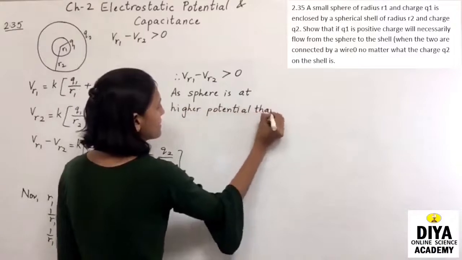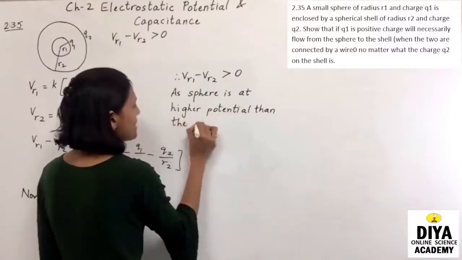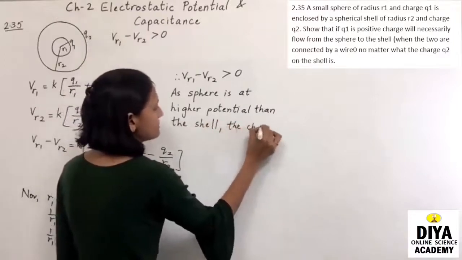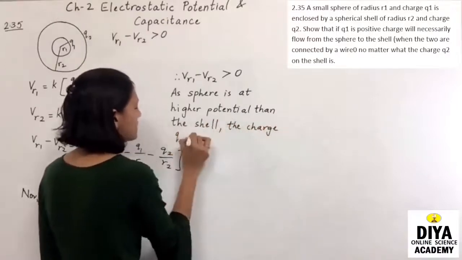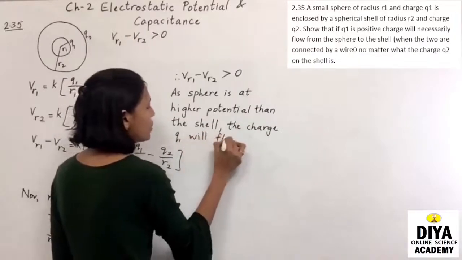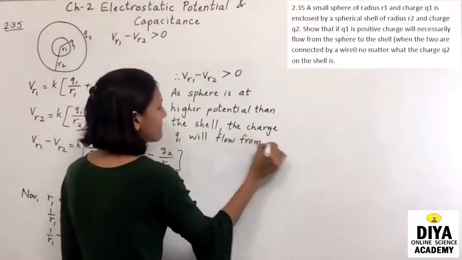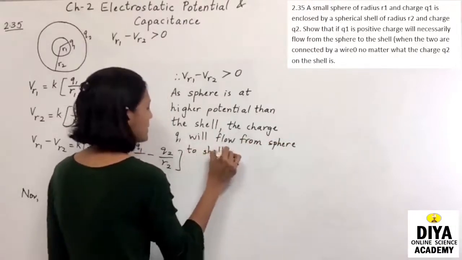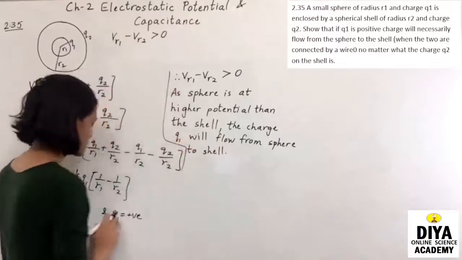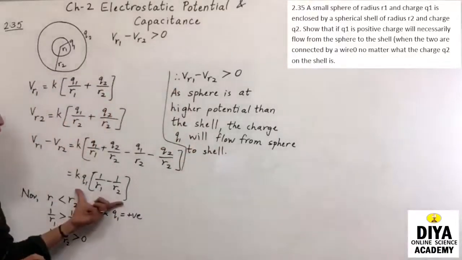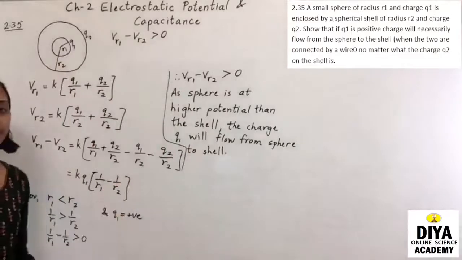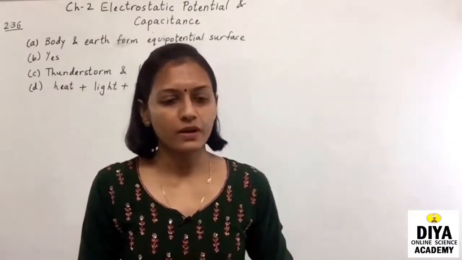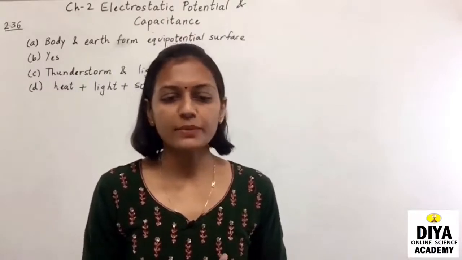than the shell, the charge Q1 will flow from sphere to shell। और इसके अंदर जो हम लोगों ने डिराइव किया उसमें Q2 का कोई भी रोल नहीं है, तो Q2 क्या होगा उसके ऊपर ये डिपेंड करेगा नहीं। Question number 2.36 which says the top of atmosphere is at about 400